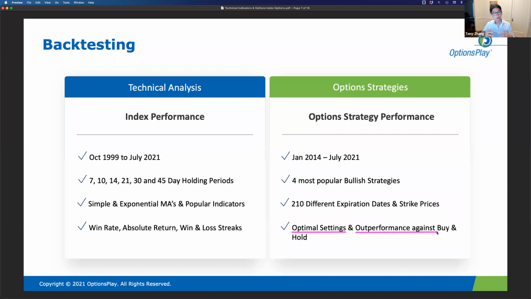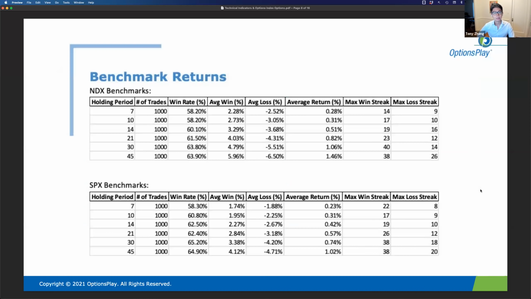So we're looking at, are you better off just buying the index, SPY or QQQ, or are you better off trading an option strategy on it? Those are the data points that we're hoping to get out of this back test. So before we jump into any of the results, before we jump into any of the conclusions or observations,